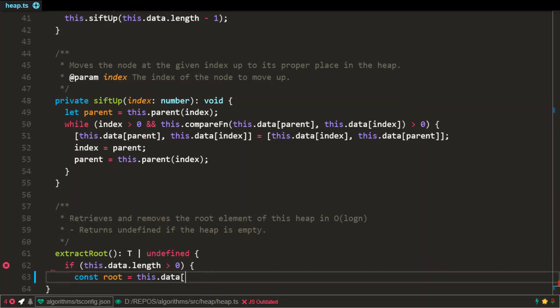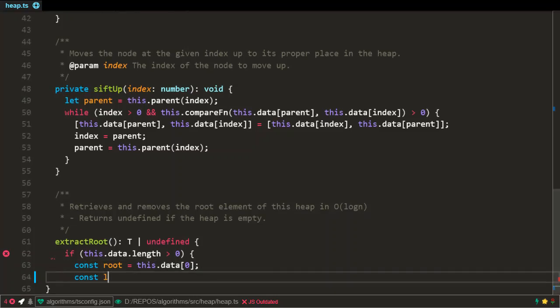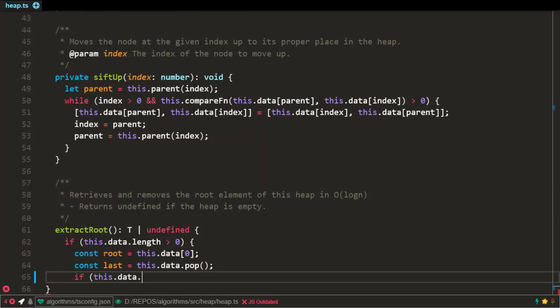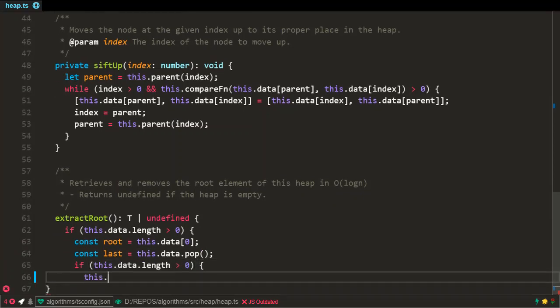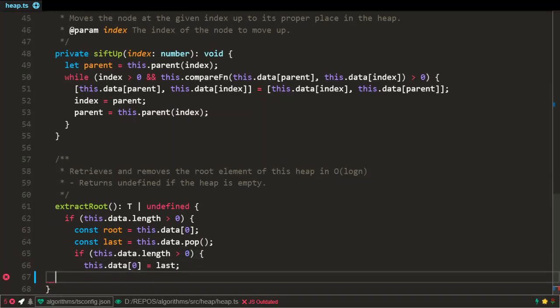If we remove this root item, there will be a hole in the head of the internal array. The best way to fill this hole is with the last item in the array. That would result in the minimum number of array index changes. Now, if the array still contains any items, we move this last item to the head of the array, and